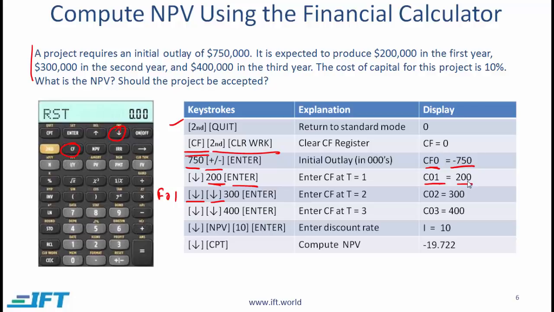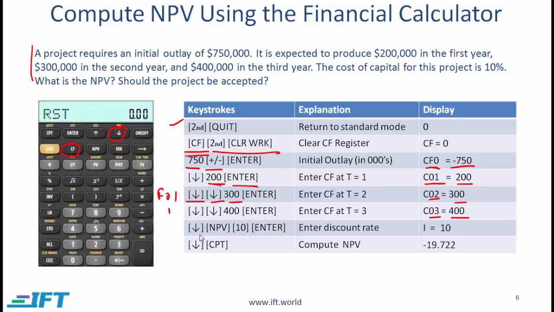If the cash flow of 200 happened over 4 periods, then you could specify a frequency of 4, but here it's only happening once, so we can simply accept the F01 frequency of 1 and move on. We then specify 300. This is saying that the cash flow at time 2 is 300, cash flow at time 3 is 400. Once you have entered all the cash flows, then you need to specify the interest rate, and